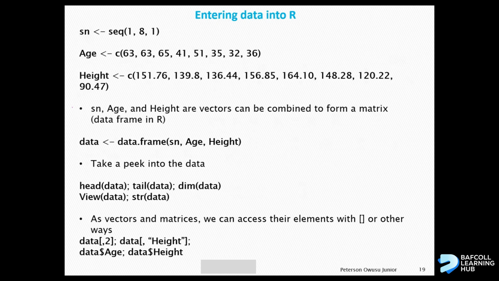We assign the data for height to them. One other thing you need to know is that R basically looks at objects as matrices, a data frame in a typical data table, if you like. We can have parts of a matrix. You can have a vector of a row of a matrix. You can also have the column of a matrix, which are basically vectors. So when we do that, we can put them together as one, and we can use the data frame function.